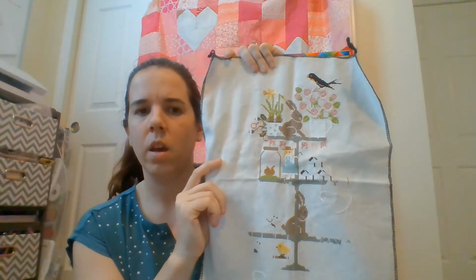So yeah, that's what I have done. And I kind of finished halfway through a stitch, so there's a needle hanging in there. So that is that, and then that goes up against, so today I am going to start this one